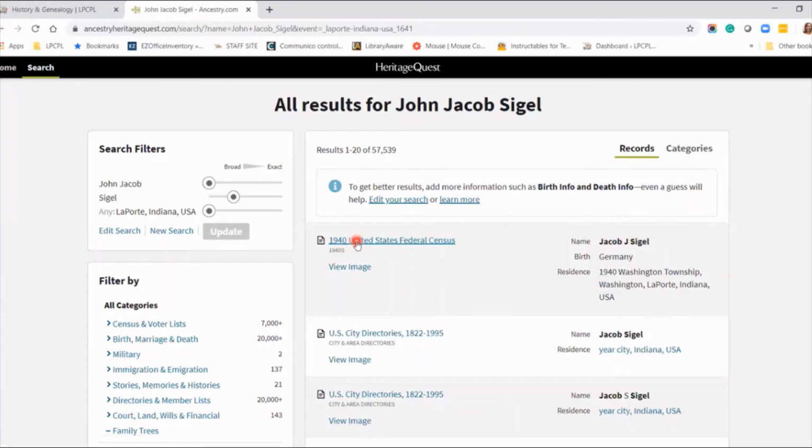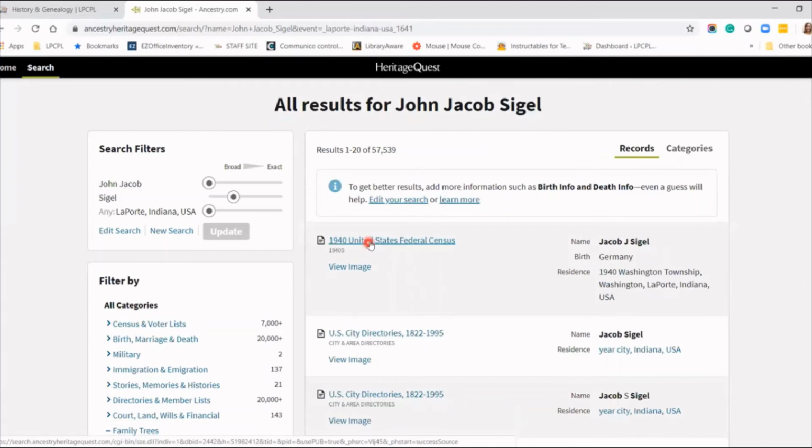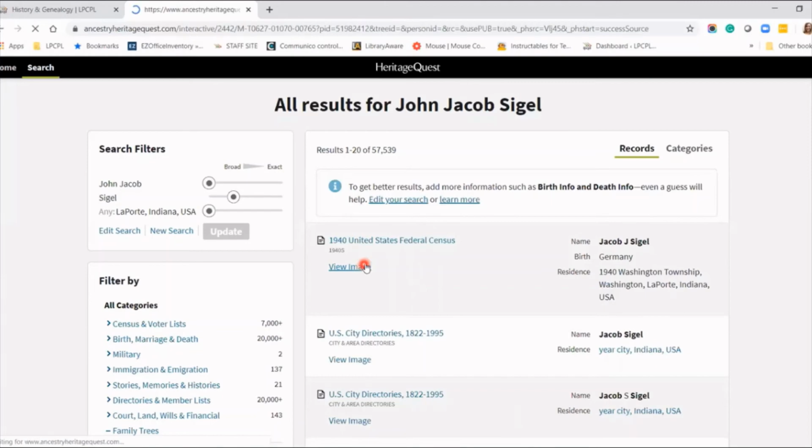Sigel, 1940 federal census. And I picked this record because I wanted to show you some of the different information that was recorded in 1940 that wasn't recorded in the 1800s census. So if I click here on that and then hover over it, I can see that his age was 73 and just where he was living there and everything. And then if I click here on view image,